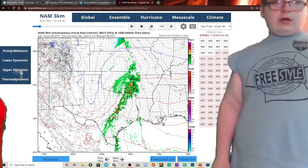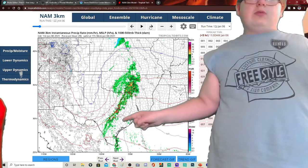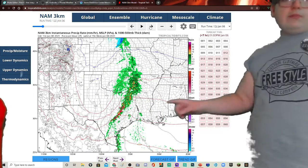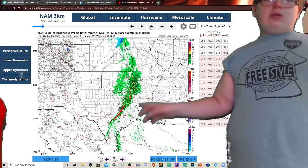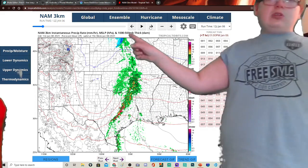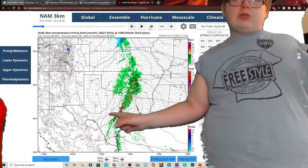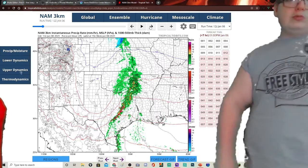But mainly I'm more concerned south of there for the main severe weather risk area. And then we move on a few hours later. We see strong storms showing up here, then heavy rain getting into Arkansas and some rain getting up into Missouri, some snow up in Nebraska still, and a little bit into Iowa there. We're watching a severe weather threat where there's a line with damaging winds, hail, and still some tornadoes possible in